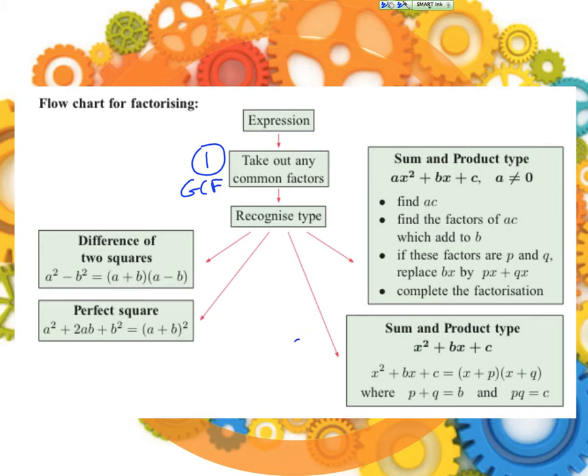After you do that, then you look for the different types. What I like to call the Cliq Factoring is when I've got just an invisible 1 in front, or no number in front of that squared term. Do you guys remember just taking the factors of the last term and adding or subtracting to the middle term, going right to your parentheses? So we're going to have a couple like that, the Cliq Factoring. Otherwise, we have these special types. And my suggestion, if you take out your greatest common factor and it's not the Cliq Factoring, is to look for